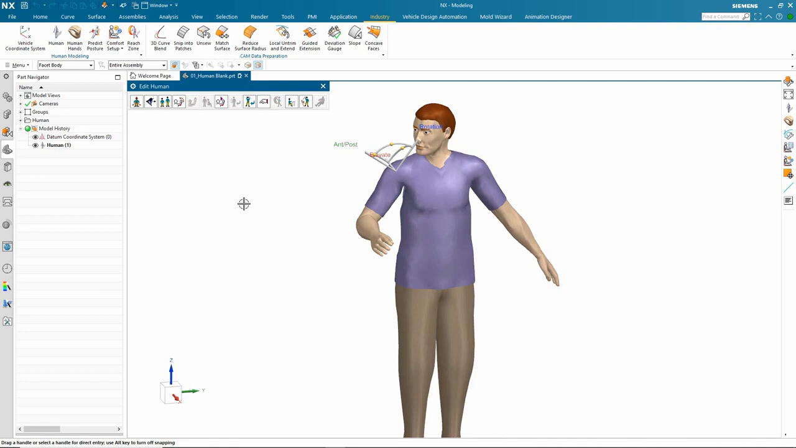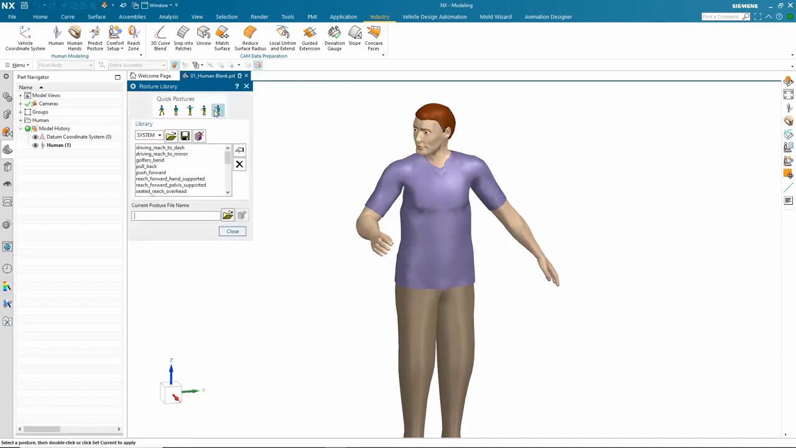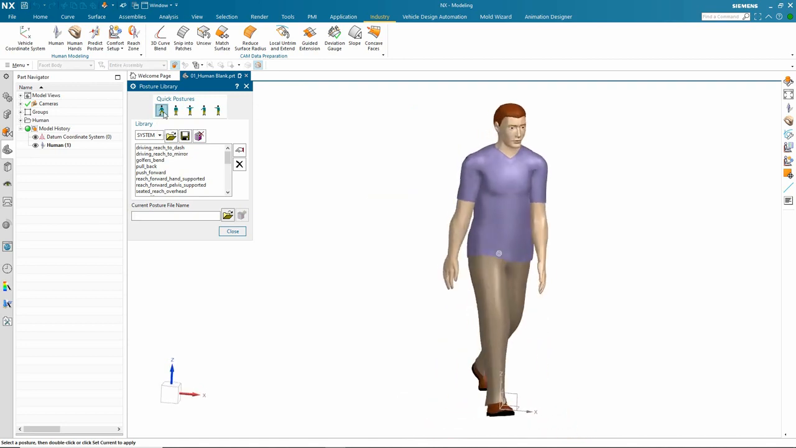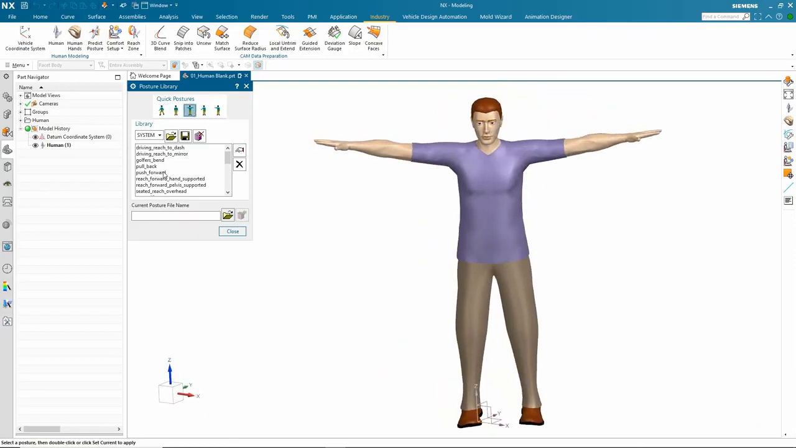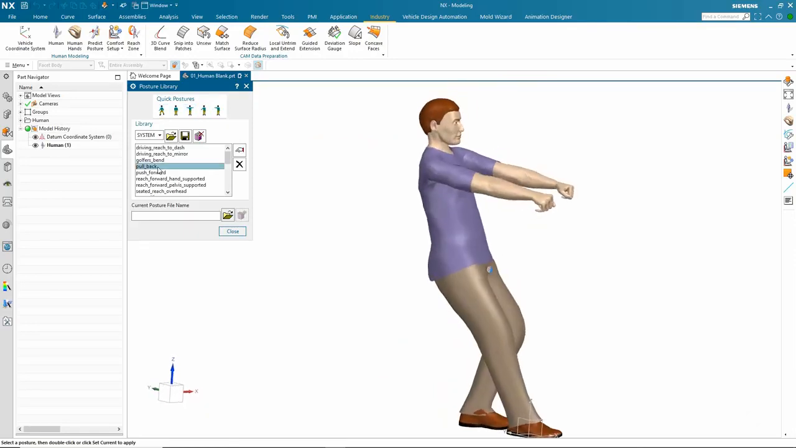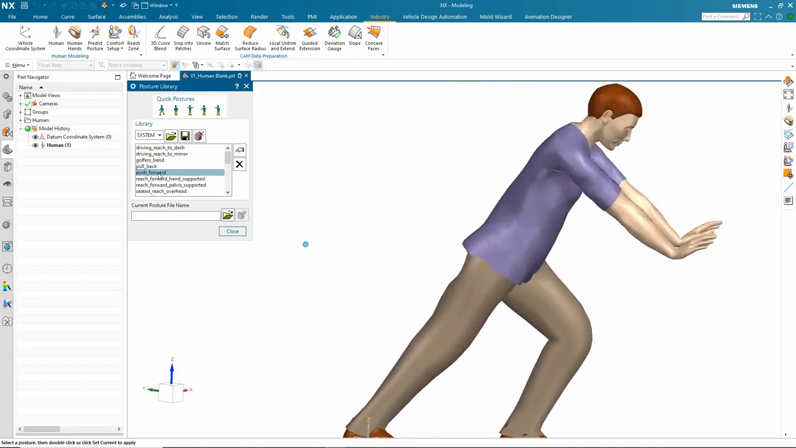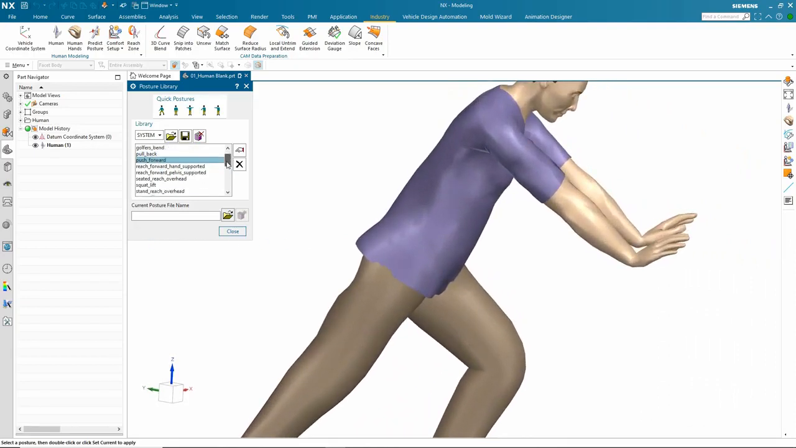For me to put this character into a certain position, I'd probably have to manipulate quite a few different joints. So what we've got is actually a library as well. If I just go into this, there's a lot of pre-configured postures here. So I could have somebody walking, standing with their arms out, things like pull back, push forward. If we scroll down, you can see there's quite a few out-of-the-box ones. I could have seated working,